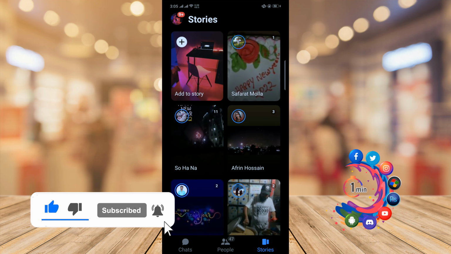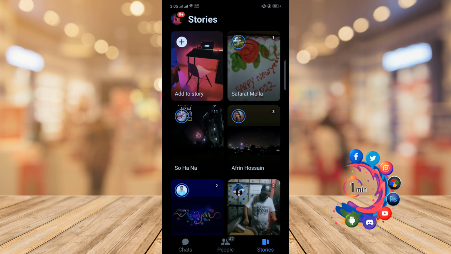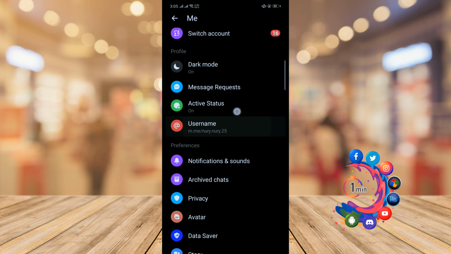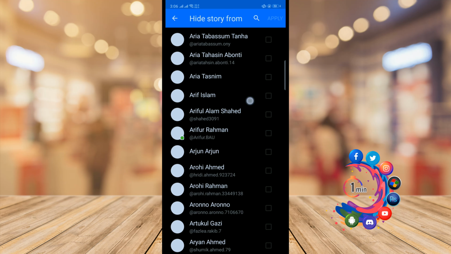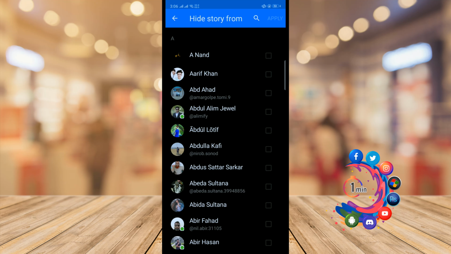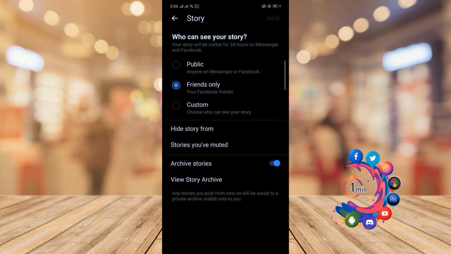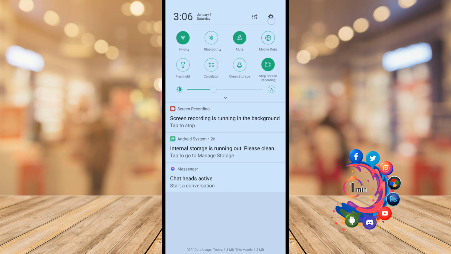First of all, click on your profile icon and scroll down. Click on hide story from and make sure all of these are unselected. And if you're still not able to see the story, then open your phone settings